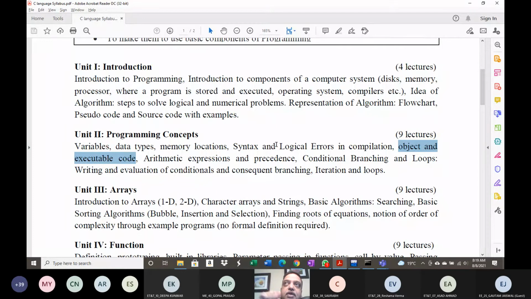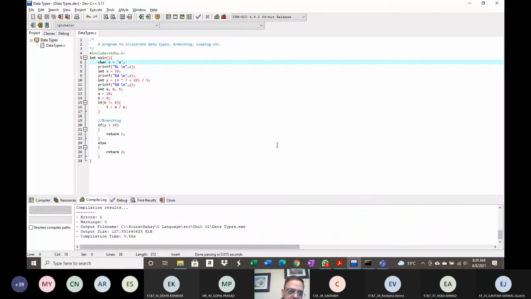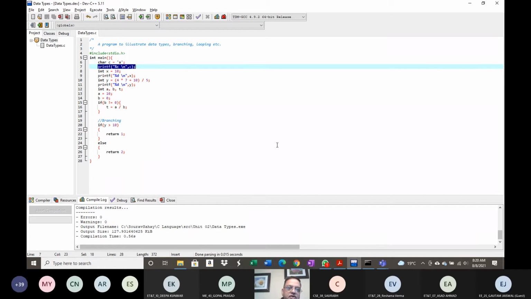So please listen carefully. The concept is, we have somebody called the library programmer, and another one will be the application programmer. I will explain this to you with a very simple example that is practically staring at us. You have noticed that we have called this printf function multiple times. Have you ever wondered how is it possible that this function is executing whereas we have not defined it?